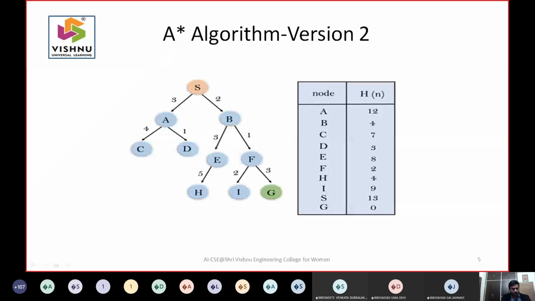The cost from S to E is 5, plus the estimated value at this moment, which is 8, so the total value here is 13. At F it is 3 plus 2, that is 5. So you need to update the values 13 and 5.